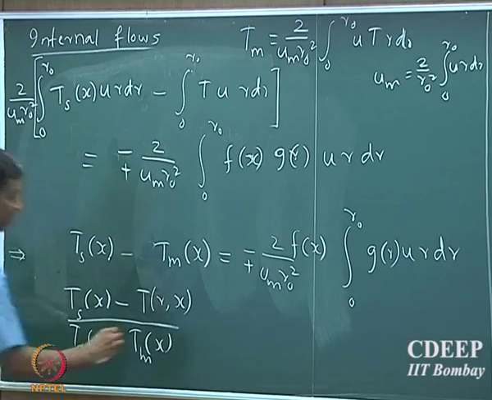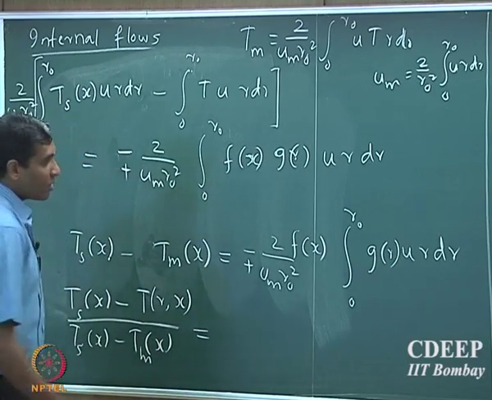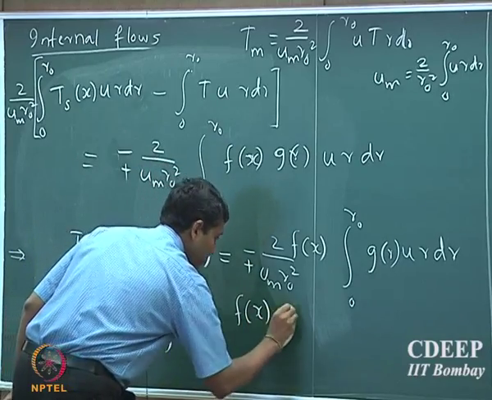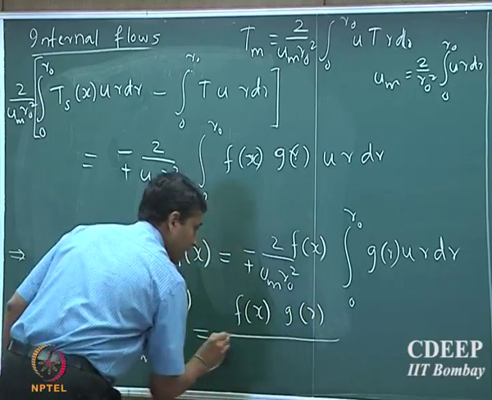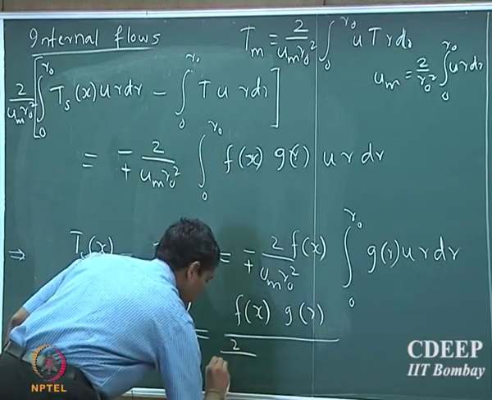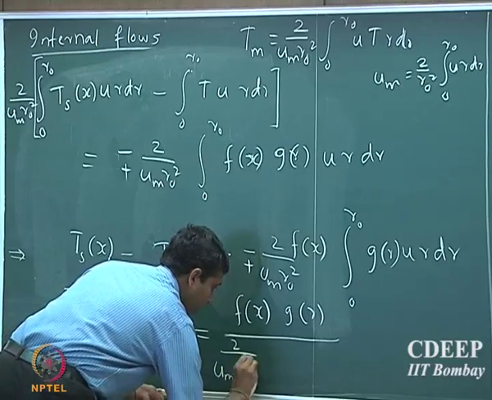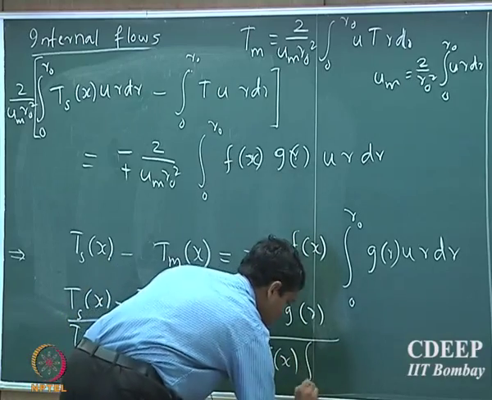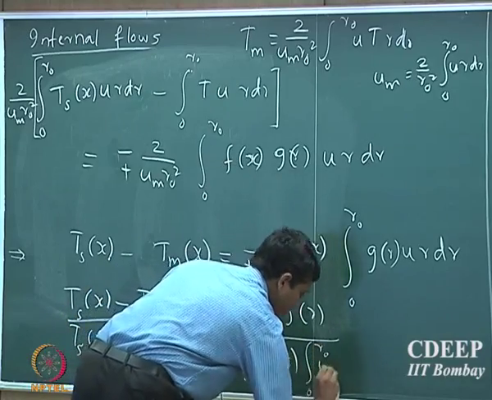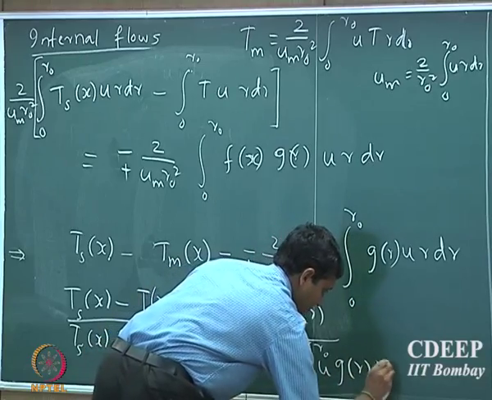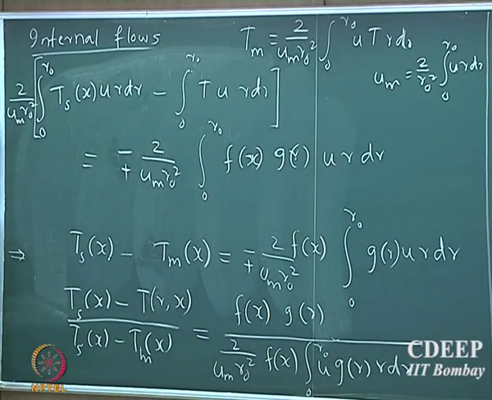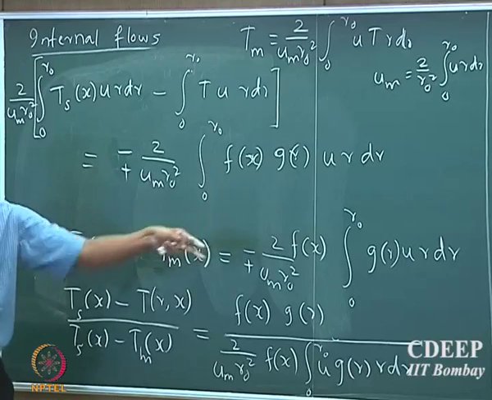So now if I divide these two expressions, what you see is something very interesting. So you see f of x g of r divided by 2 by r naught square into f of x into integral 0 to r naught r dr. Okay. So all I have done is I have just divided these two expressions,